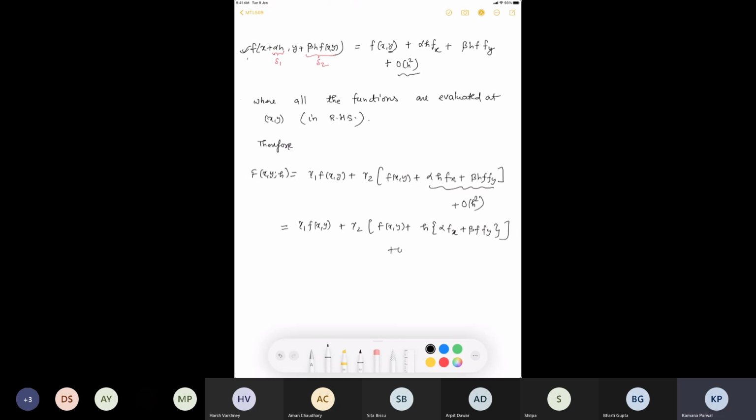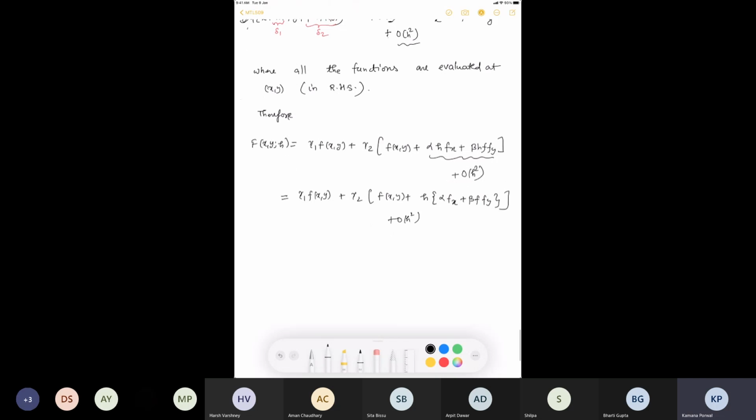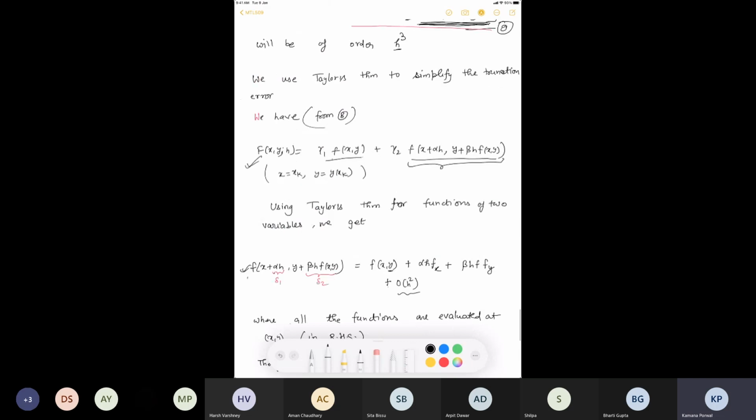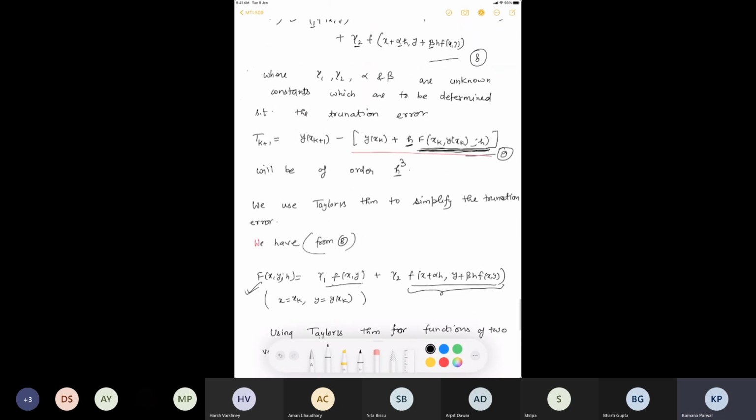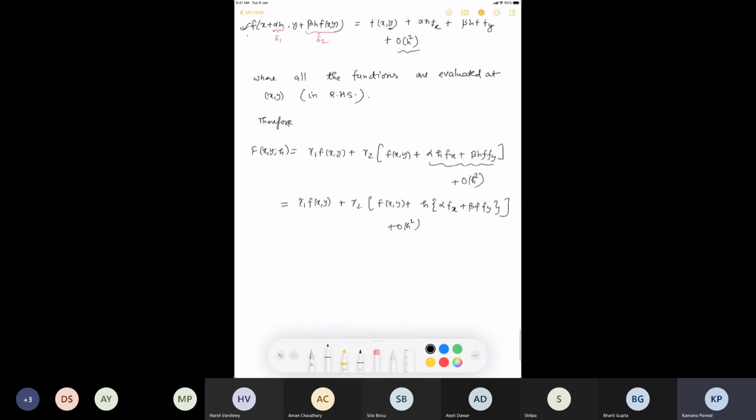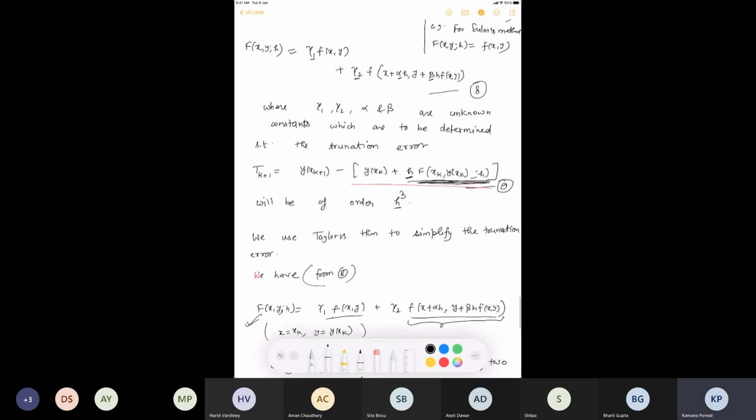So far we have order h square only, but when we substitute in the truncation error, it will become order h cube. Okay, what else do we have in the truncation error? This term is okay now, because if you observe, I got everything in terms of x, y. And when you substitute x equal to x_k and y equal to y at x_k, everything will be in terms of x_k and y at x_k. So this is okay. Now, the only thing where I can expand further is the first term,